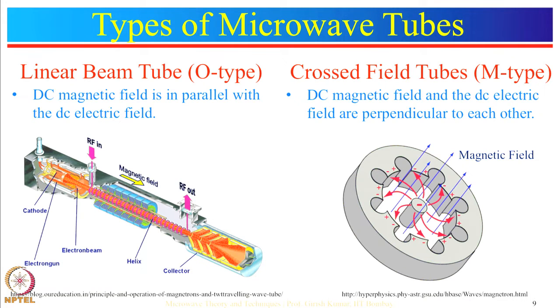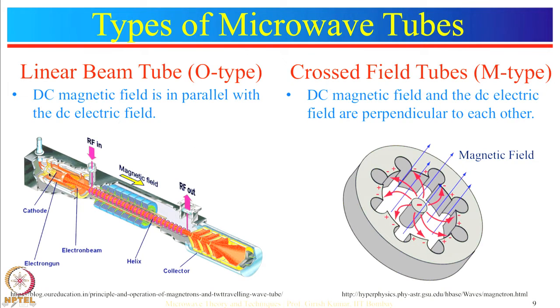In M-type tubes, DC magnetic field and DC electric fields are perpendicular to each other as shown by this figure. So, in this the electric field is in this plane and magnetic field is normal to this plane. I will discuss it in detail later. In the linear beam tubes, DC magnetic field is parallel to the DC electric field, and in these type of tubes,